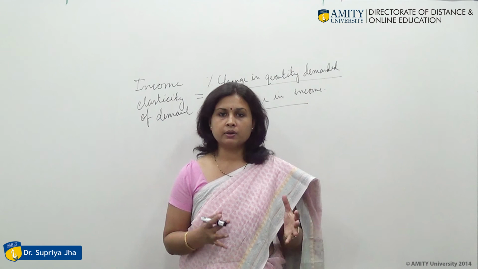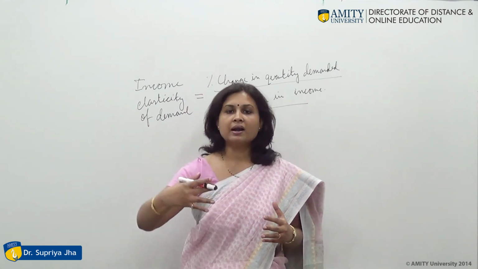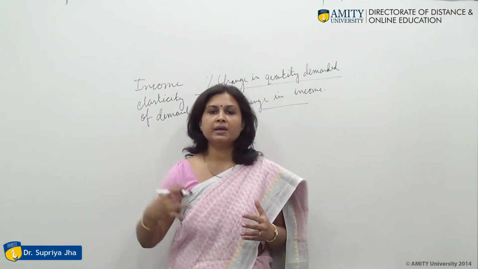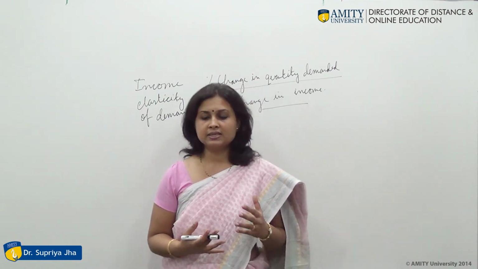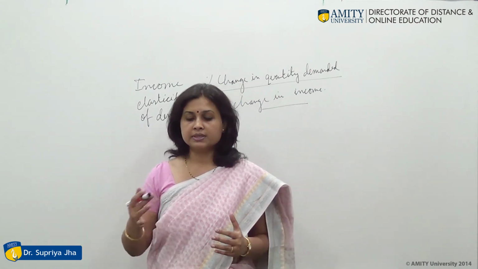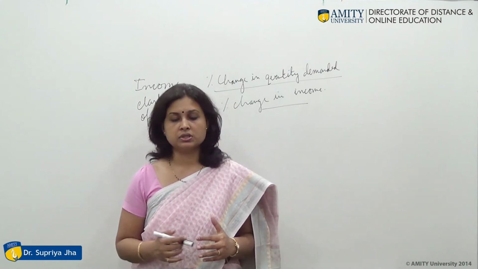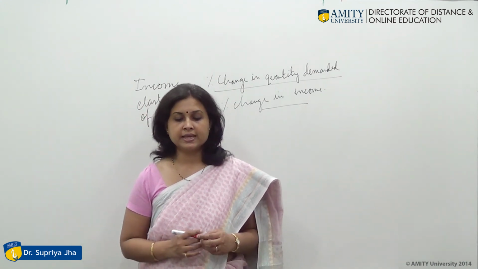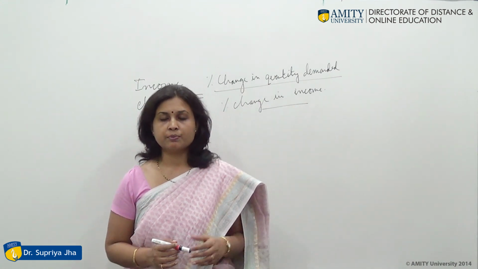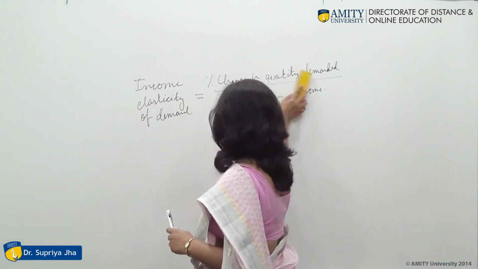The third term is cross elasticity of demand. When the price of a particular product is changing, how will it affect the demand of another, related good? It can be a substitute, it can be complementary. So cross elasticity is the ratio of percentage change in quantity demanded for one product to the percentage change in the price of another product, other factors remaining constant. So it is equal to percentage change in the quantity demanded of product X divided by percentage change in the price of product Y. We can write the formula like this.